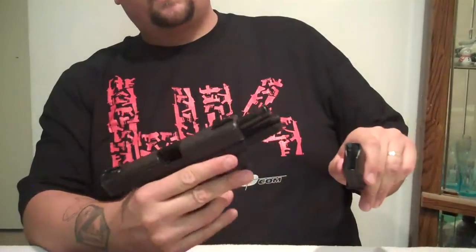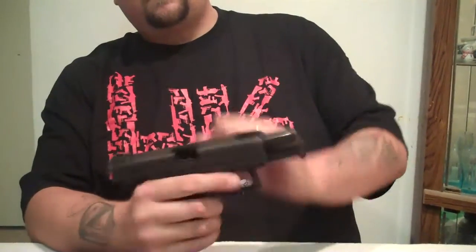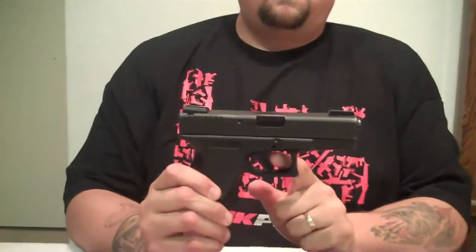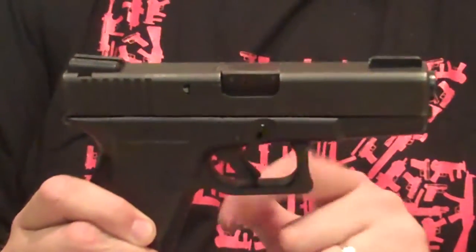The first thing I'm going to do though before I go any farther is safety check my weapon. Okay. Empty magazine, nothing in the chamber, we're good to go. Alright, now the trigger safety is in the trigger. I call it the little trigger and the big trigger, okay? If you look at it,